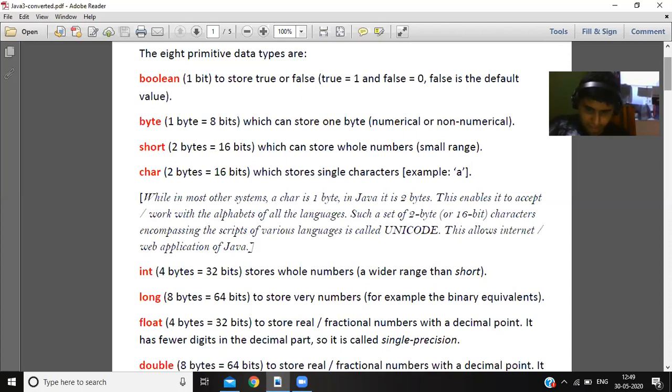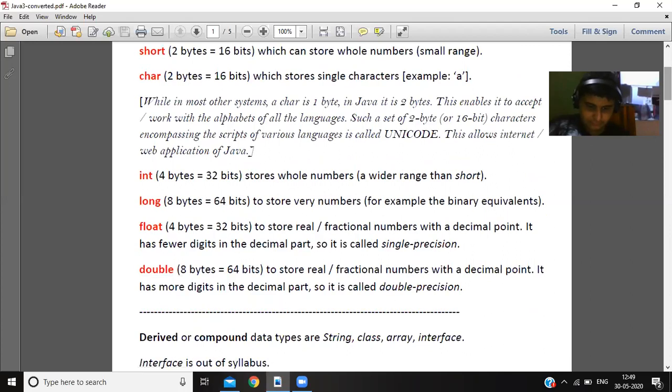Float and double are both decimal numbers, sometimes called fractional numbers, sometimes real numbers. They store fractional numbers. The difference between float and double is that one is 4 bytes and the other is 8 bytes. Another difference is single precision and double precision.